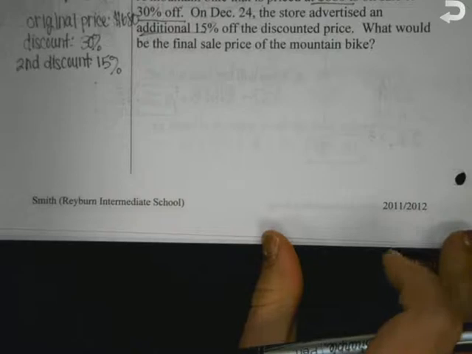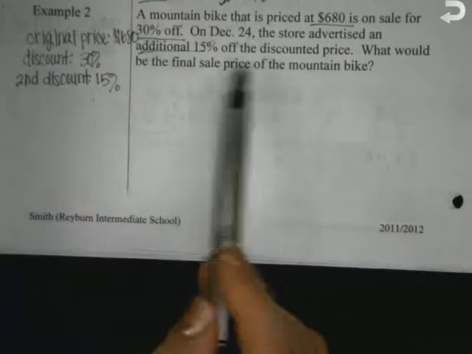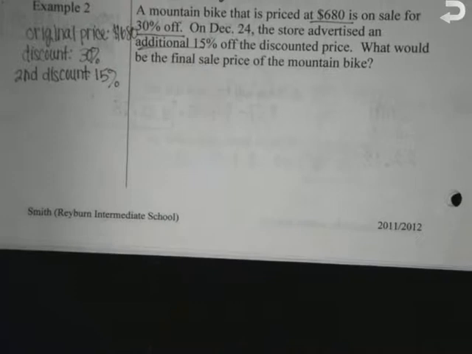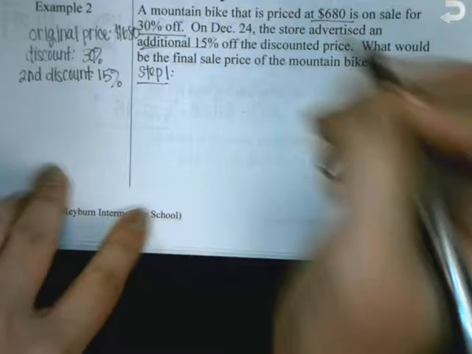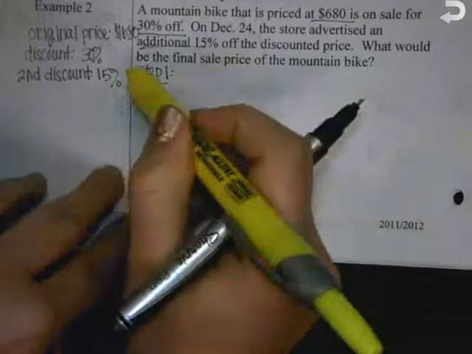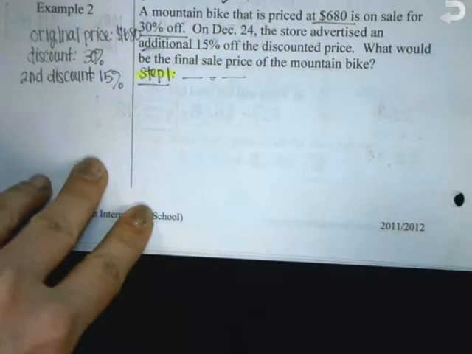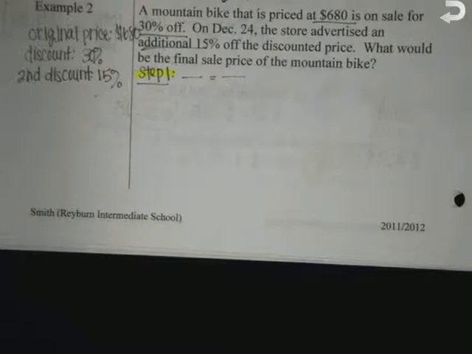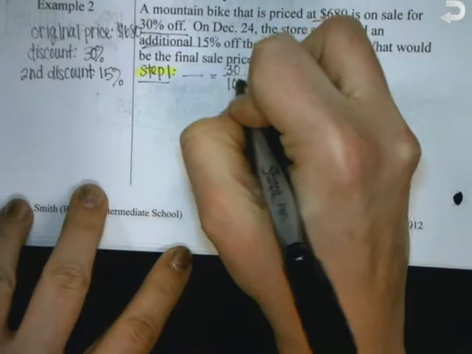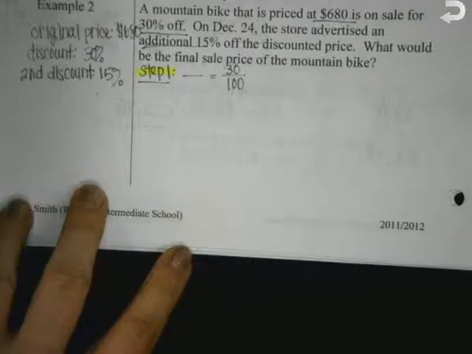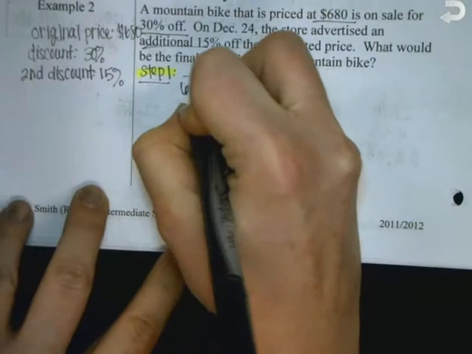And let's get started. Step 1, I need to find the first discount. So that means I'm going to set up a proportion. What's the discount? 30%. 30%, so that's 30 over 100. The original price was $680, so that goes on bottom. And X goes on top. And then we cross multiply. So that gives me